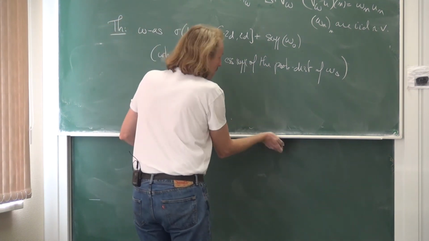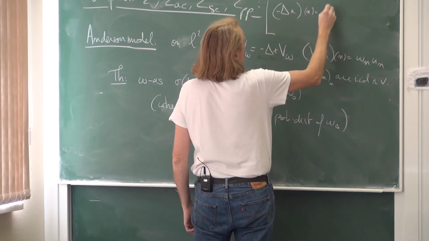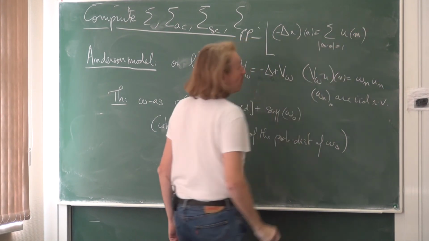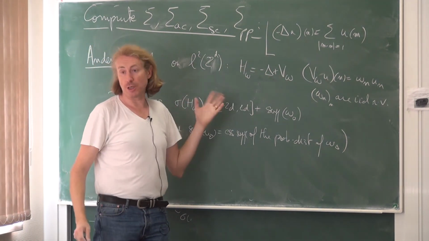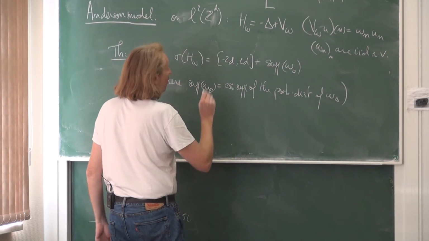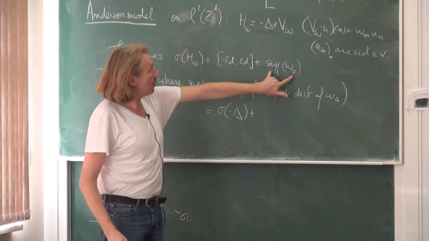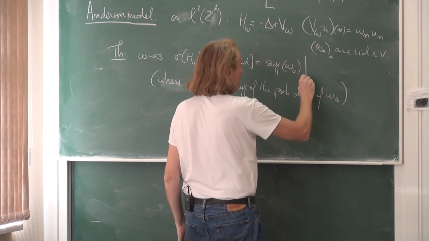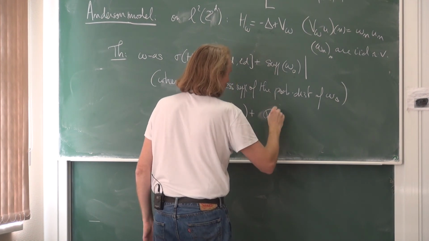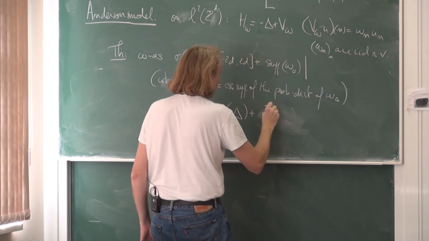Okay, and here this comes, of course, from my normalization of the Laplacian. Recall that minus Laplacian of u at the point n is the sum over the nearest neighbors of u of n. If you normalize the Laplacian differently, of course, this changes, and you just have to change this set. Another way to write it is the following: this is just the spectrum of minus Laplacian, and here you have another ergodic operator, if I look at V_omega. Let me write it in this way: sigma of V_omega,